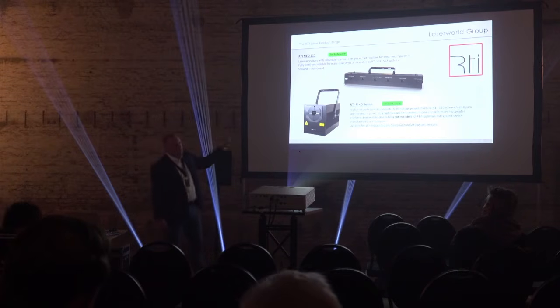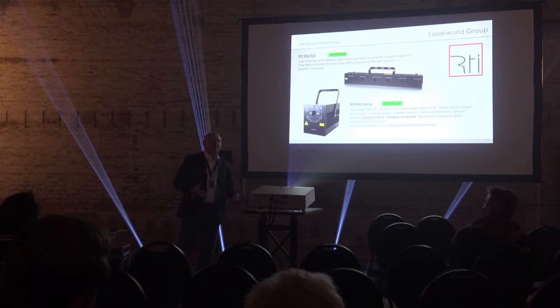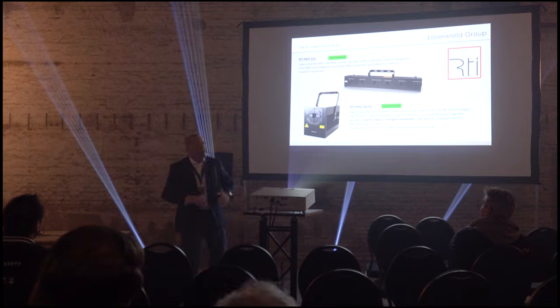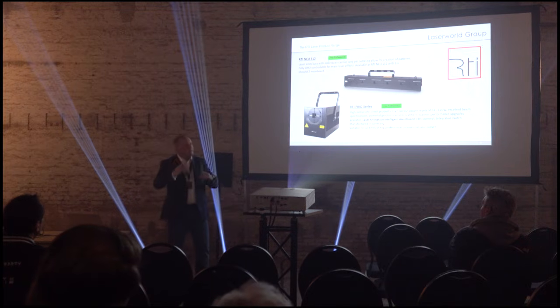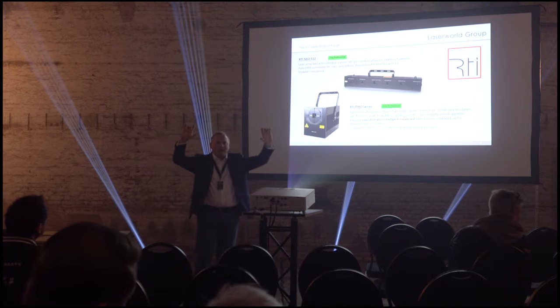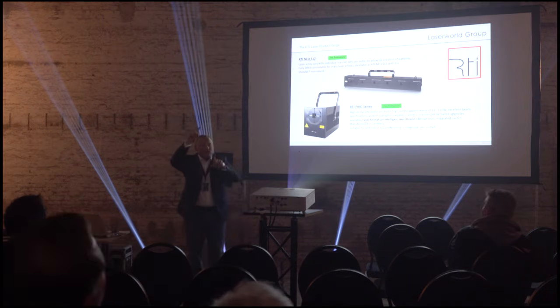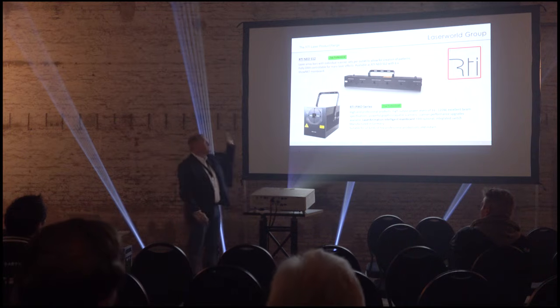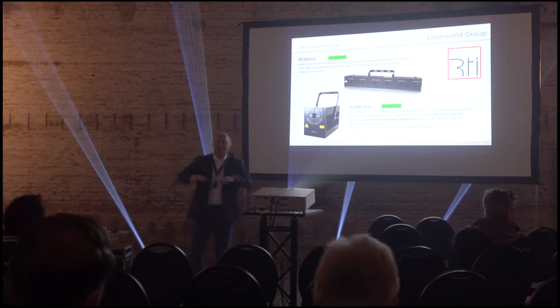So what we have here, we have the ShowNET mainboard. I explained that in another presentation yesterday, but what you can do here is you can select all outputs on your lighting desk at once. You set the ShowNETs to the setup mode, which is a second DMX layer. You can do that with 2 different values on 2 channels. You set it to a setup mode. Then you can reduce the size, position all of the laser beams at once, and then you select 2 other values on these 2 channels, and it stores the settings, the safety settings, into the mainboard. So that makes the whole setup safe